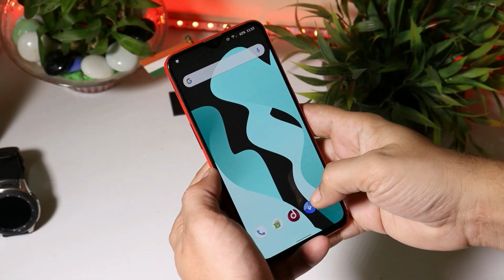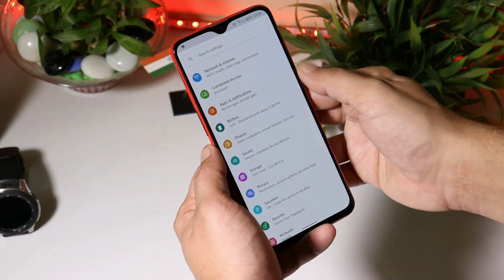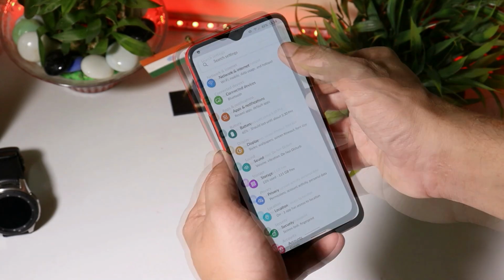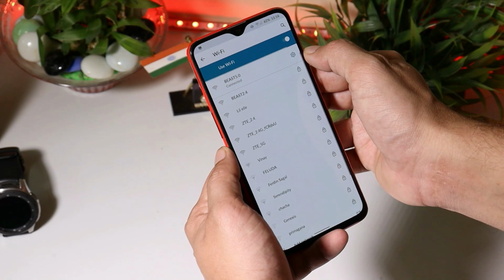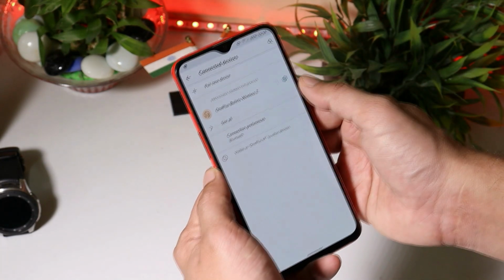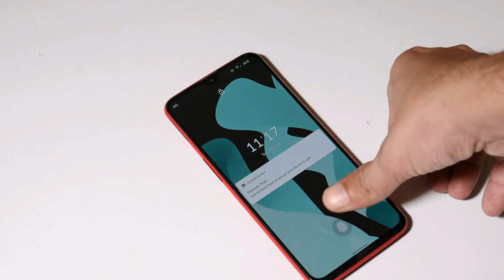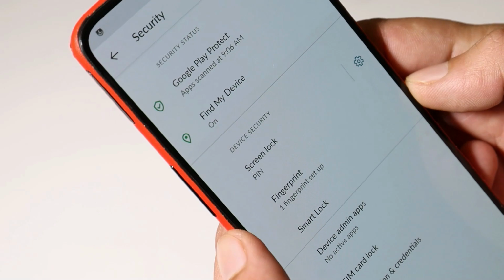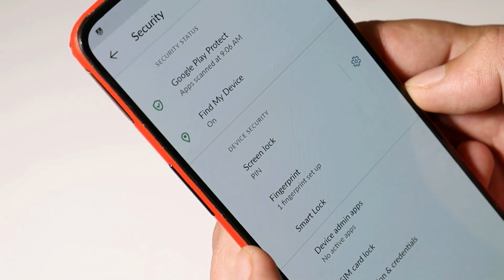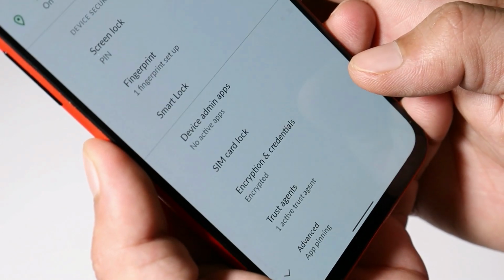As you all know, Lineage OS doesn't come with many customization options, so you won't have any dedicated section for customizing your device. Inside settings, network and internet works fine. Both the Wi-Fi bands have no issues, 2 GHz and 5 GHz. I also tested Bluetooth and I did not find any kind of issues pairing it with my OnePlus Wireless Bullets Z. Screen off gestures like double tap to wake and tapping on the status bar to sleep work fine. Under security and lock screen we only have the fingerprint option. Face unlock option has still not been added. And I did not notice any kind of delay with the fingerprint unlock.